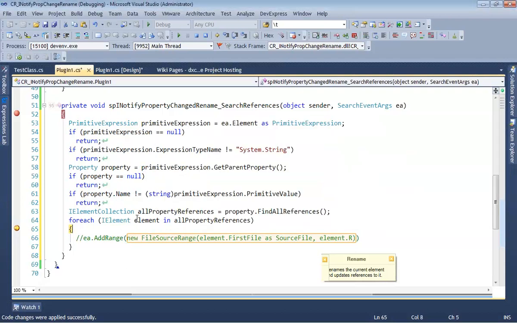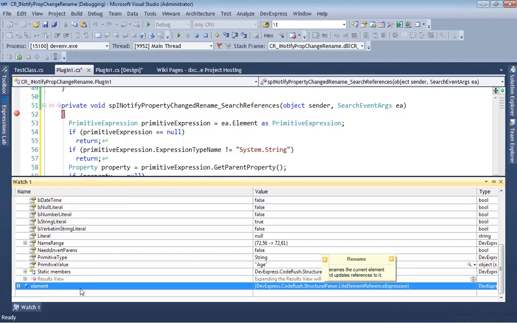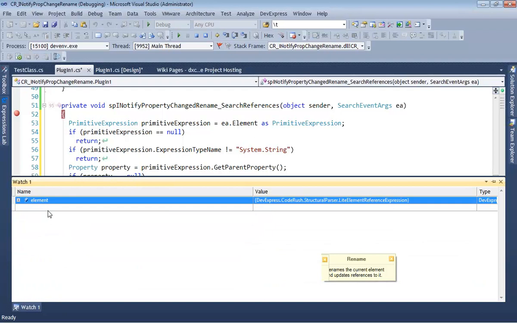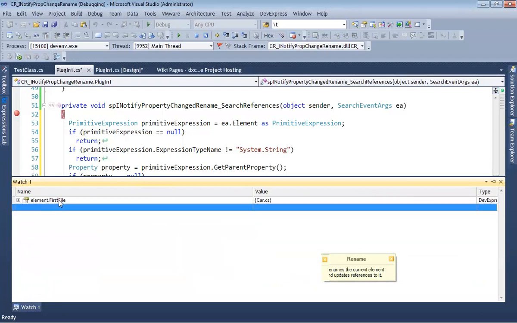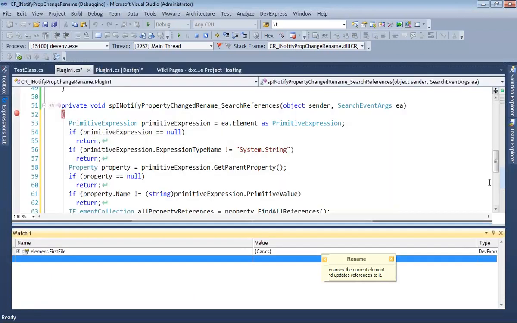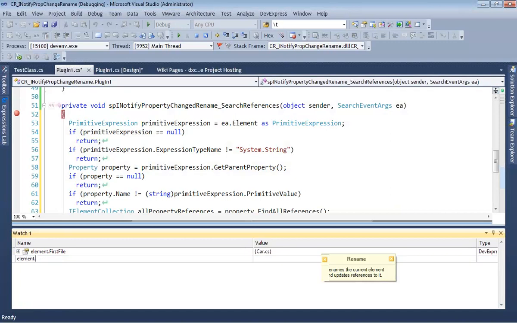So here is the first one, element. And let's go add element to the watch. And bring this up so we can see what's inside of element. And let's get rid of primitive expressions so we don't need that anymore. So let's see element dot first file, element.cs. So I think I'm pretty happy with that. And then let's look at element dot